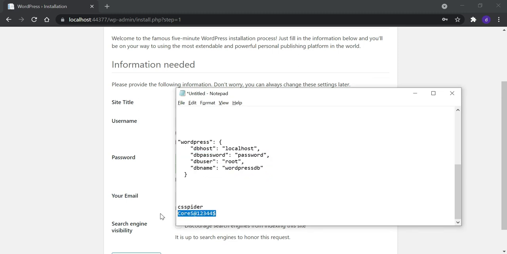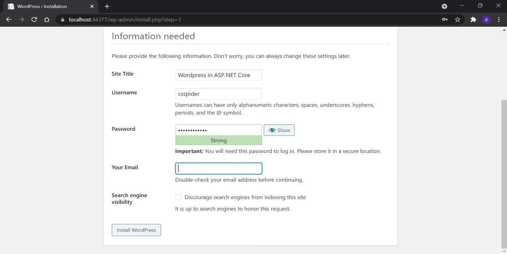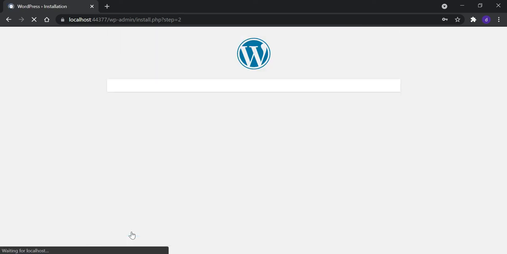I have already written that password, so you can choose your password according to your requirement. Then your email. As you are using a dummy application, we don't want this to be visible to search engines, so just uncheck it and click on Install WordPress.